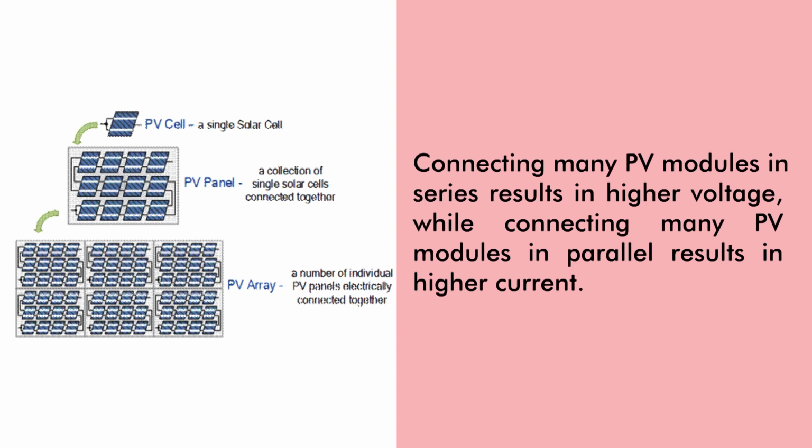The transition from a single solar cell to a PV array is described in this particular figure. Here you can see in the diagram, the upper one is a single solar cell. Then single solar cells are connected in some combination, either in series or in parallel. Then you will get one PV module. Then a number of PV modules are connected in a combination of series and parallel, and it becomes the PV array. So the first unit is a PV cell, then PV panel, or you can say PV module, and then a combination of these PV modules is called our PV array.